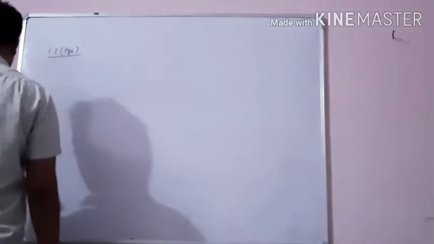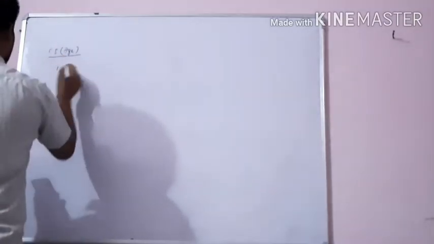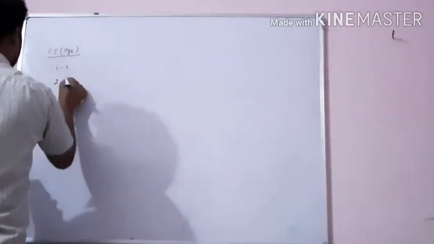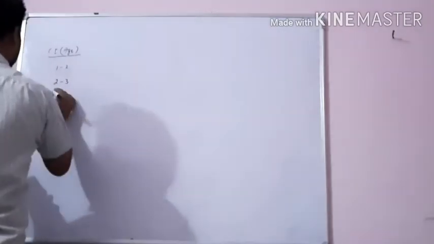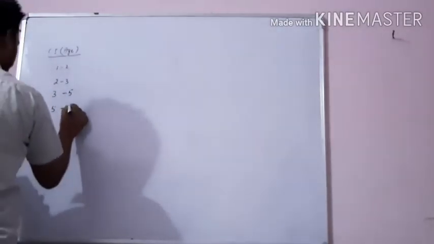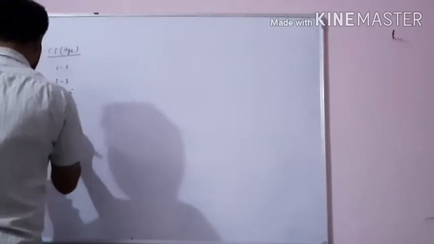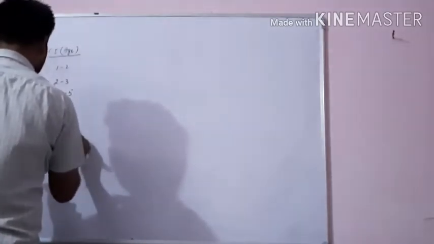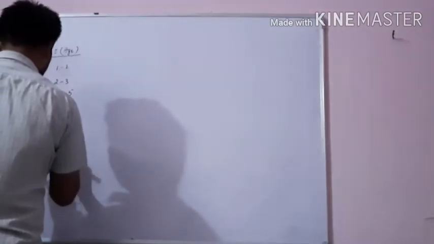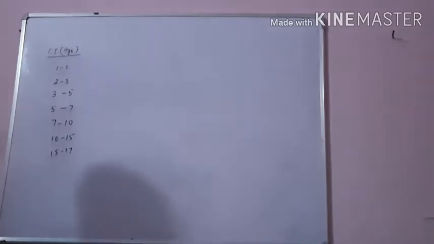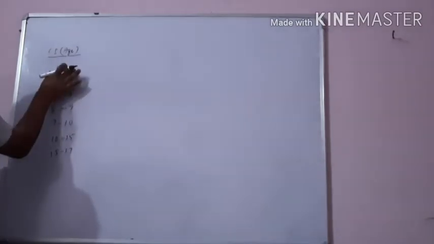And what are the groups that have been given? 1 to 2, 2 to 3, 3 to 5, 5 to 7, 7 to 10, 10 to 15, 15 to 17. When you see the class groups here,